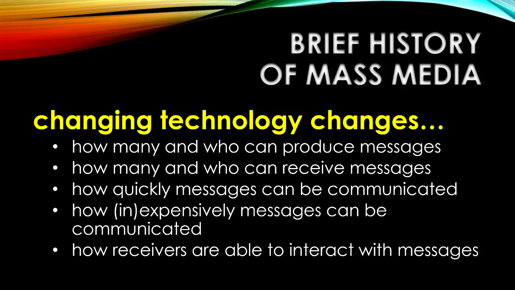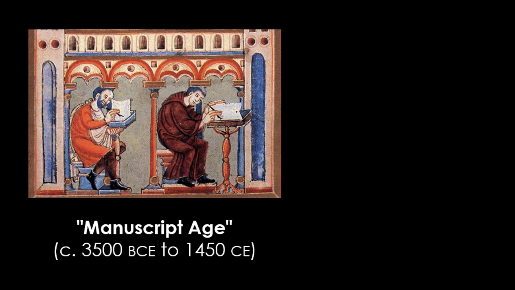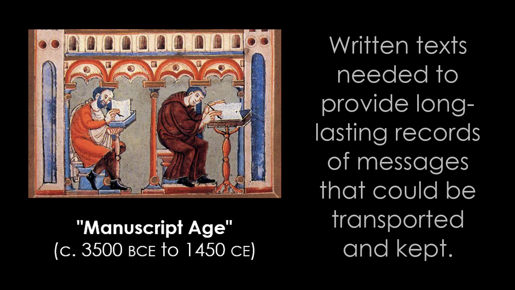When we think of mass communication and mass media, we tend to think of contemporary technologies. But it's important to remember as we start thinking about mass communication starting with the age of the manuscript, that mass media is actually centuries, if not millennia old. As soon as civilizations discovered that they needed to somehow transmit enduring versions of messages over long distances, they weren't going to be able to rely on an oral tradition anymore. So writing as a technology for communication became increasingly important.